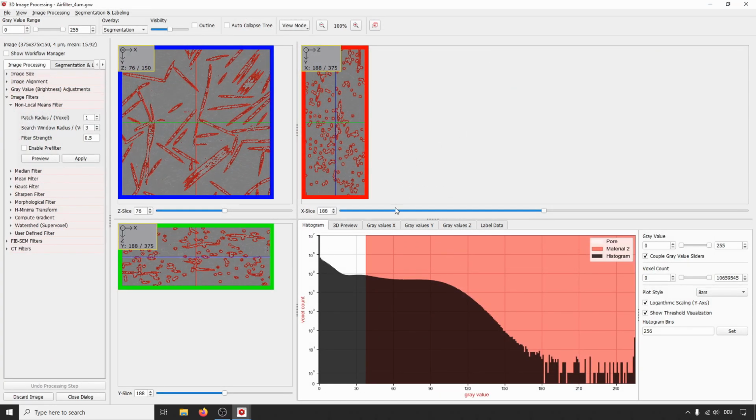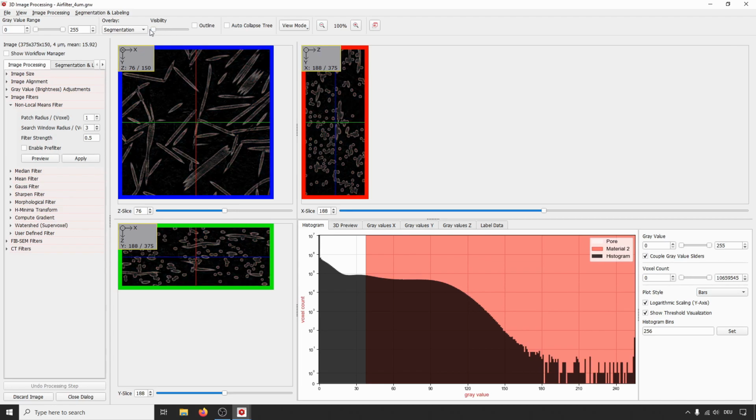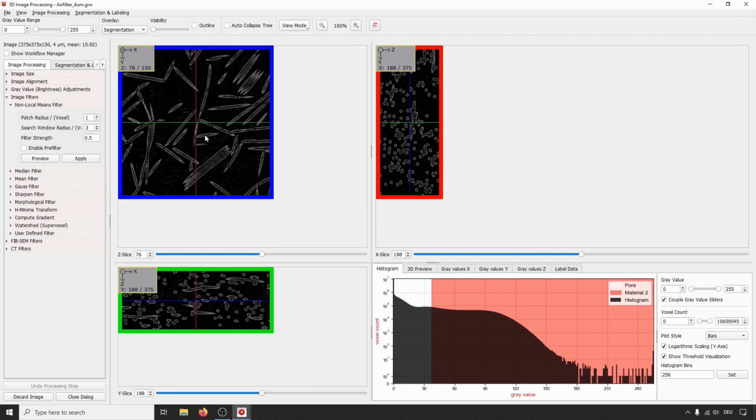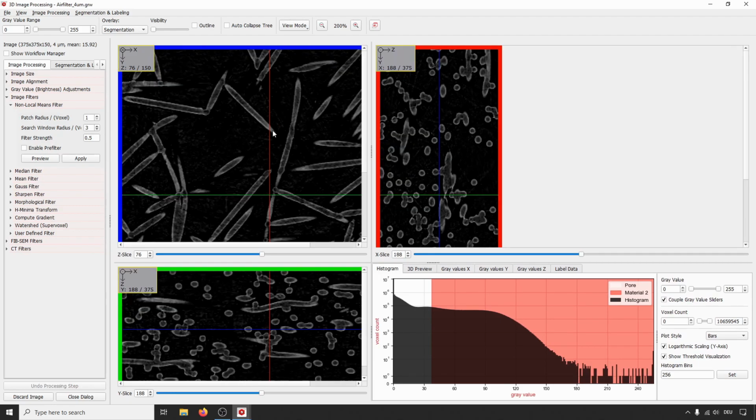At first, we will turn down the visibility of the segmentation preview a bit. So turn that down up here. And then change the view a bit so that we can see a bit more here of the XY plane. Zoom in a bit, and then you can see that there are fibers in there. And these fibers look a bit hollow, but they are not hollow in fact. They are just a bit brighter in the image at the boundaries and a bit darker in the center,